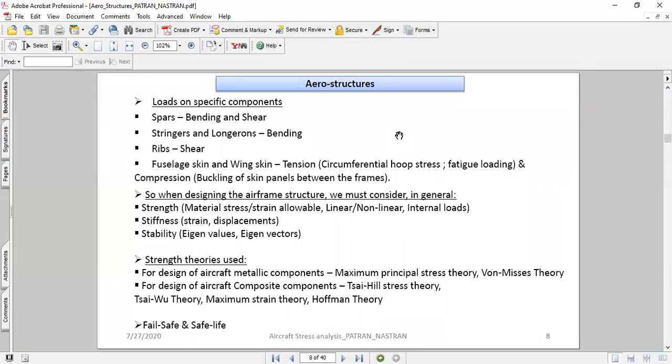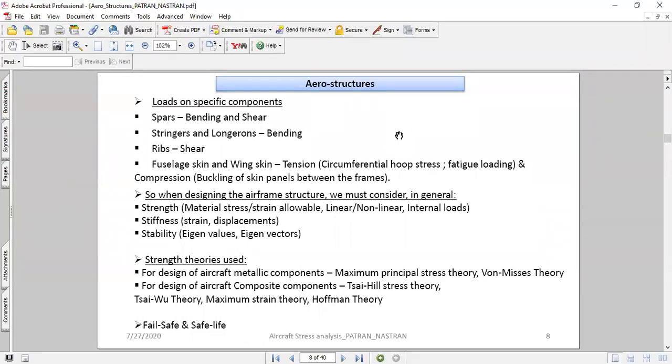Fail safe is nothing but a multiple redundant structure. Suppose one of the links breaks, the structure is still able to withstand the loading. That is fail safe. Safe life is the number of life cycles, for example the shelf life or the service life, for which the aircraft or a particular component is designed.